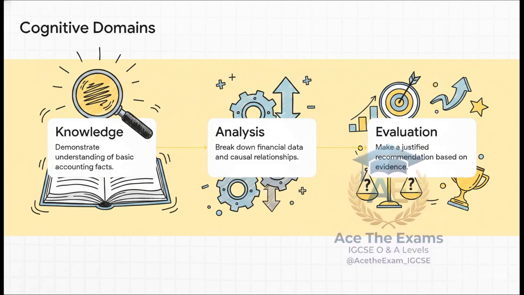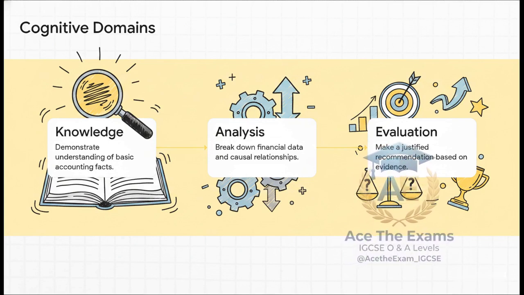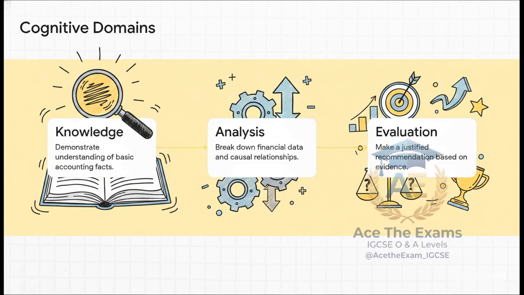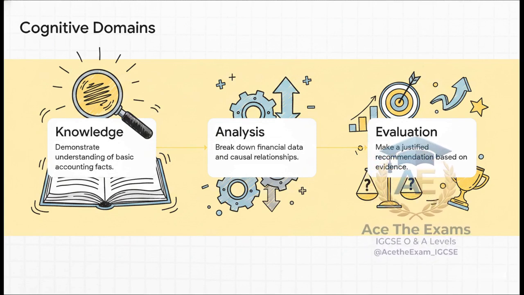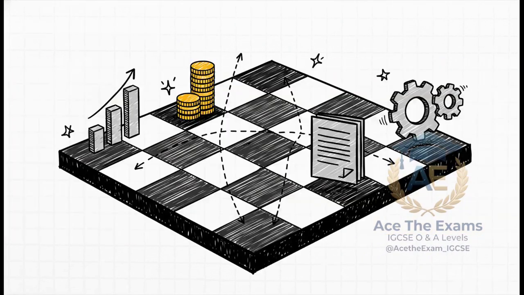We need AO2, analysis, to show exactly how the change in entity affects the capital structure. And then we actually need AO3, evaluation, to make a solid recommendation. Sam hit the nail on the head. You need to integrate both, systematic analysis followed by evidence-based reasoning. And notice how Sam